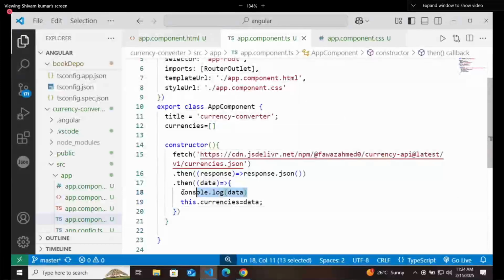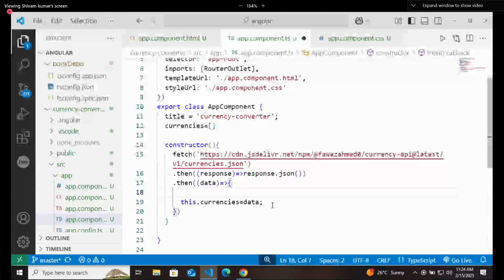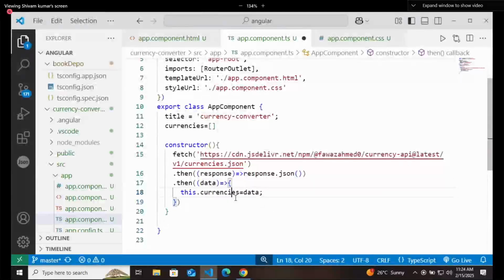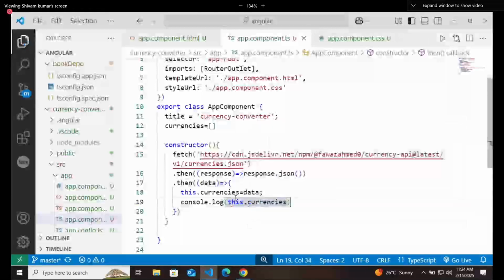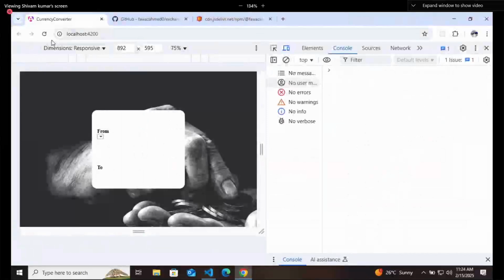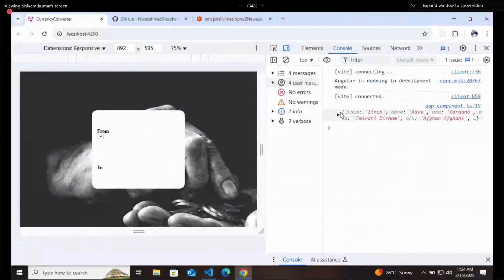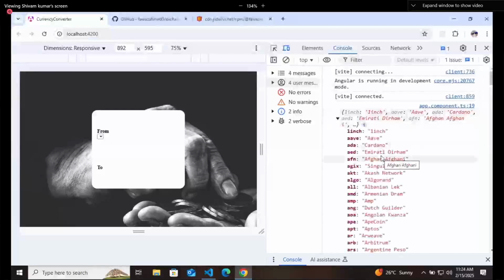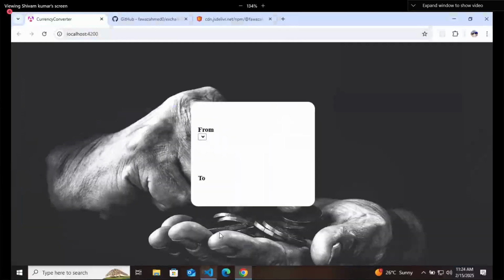So I will remove this part, and after setting all the currencies, I will print this dot currencies to the console. Again we'll refresh it here and again we are getting all the currencies. It means that you actually got everything inside an array of currencies, right?